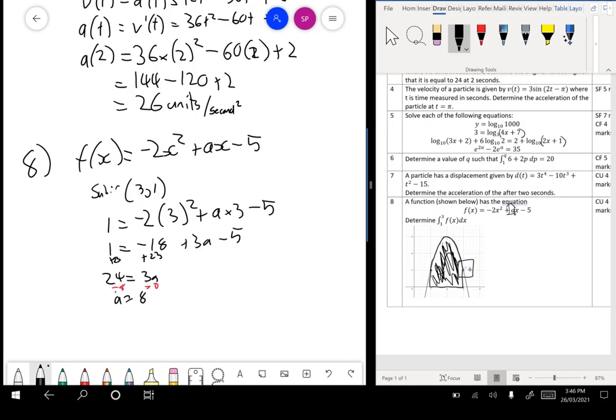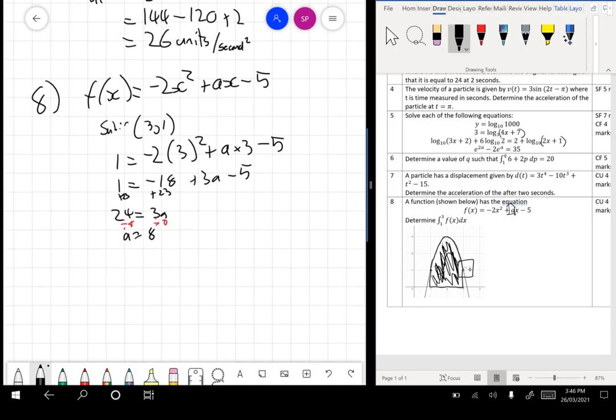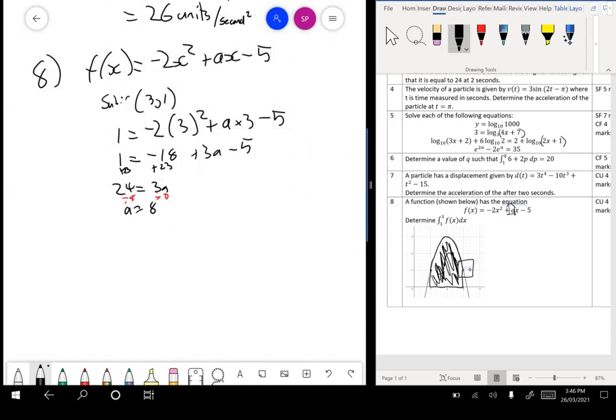Okay, so a equals 8. So then I can say that f of x equals negative 2x squared plus 8x minus 5. And then all I need to do is find the area. So from 1 to 3, the integral of negative 2x squared plus 8x minus 5 dx